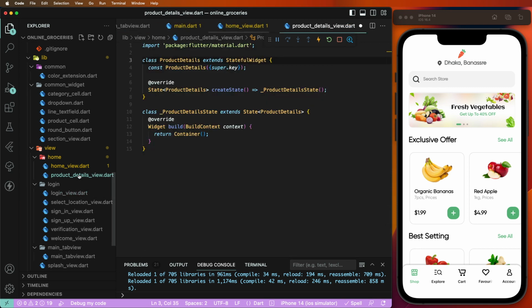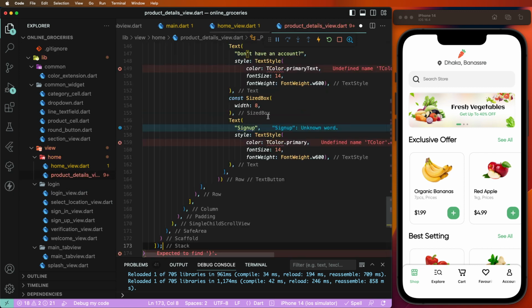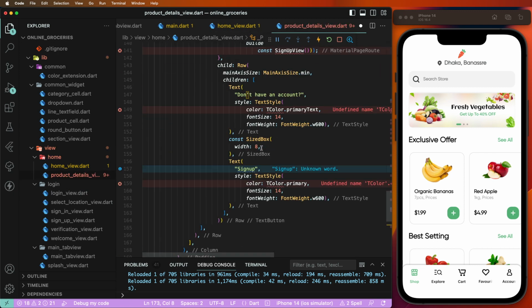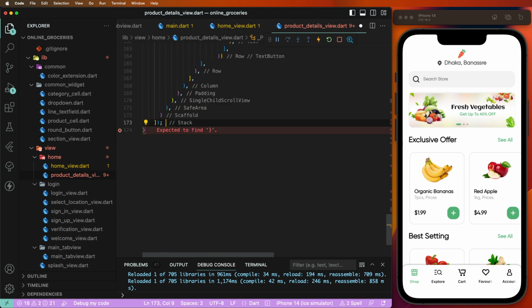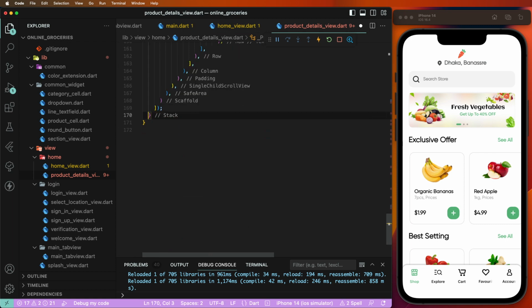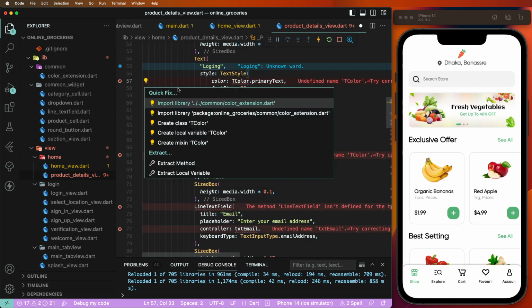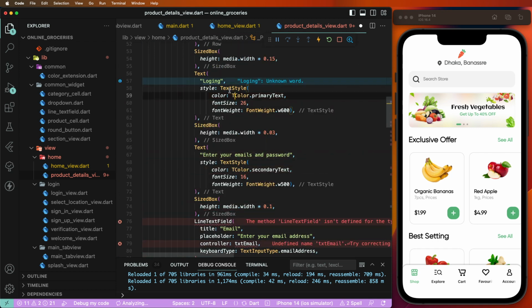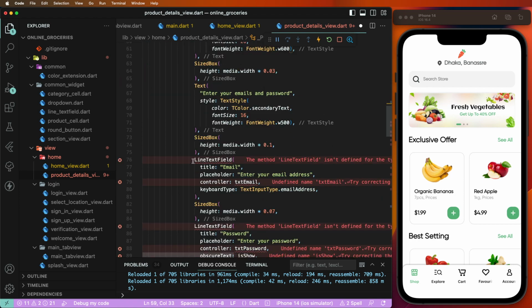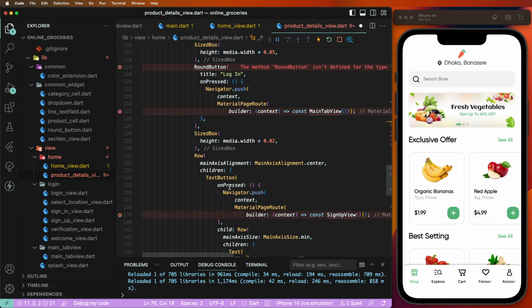Side here the details. To import here the color extensions to text fields also need to